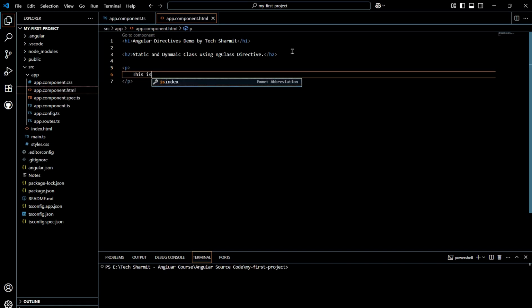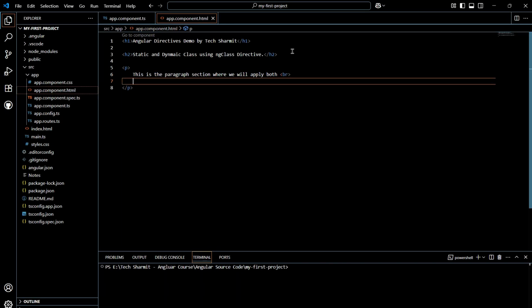We can write: this is the paragraph section where we will apply both. Then after this I will put a br tag to change the line, and here we will write